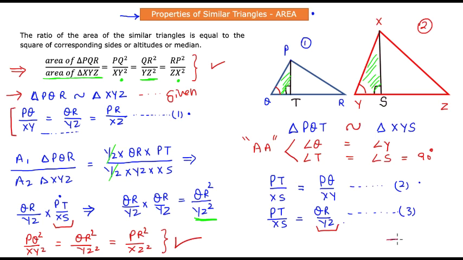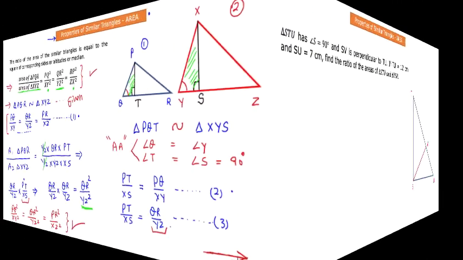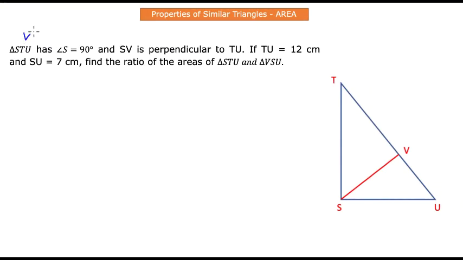And let us apply this learning by going through one example problem. So take a look at this problem. We have a triangle STU. It has the angle S as 90 degrees and SV is perpendicular to TU. Okay, so let's mark these things that we are just reading from the statement. So this is my 90 degree angle. And then you also have another 90 degree angle that the line SV makes at the line TU. Okay, so these are two right angles.